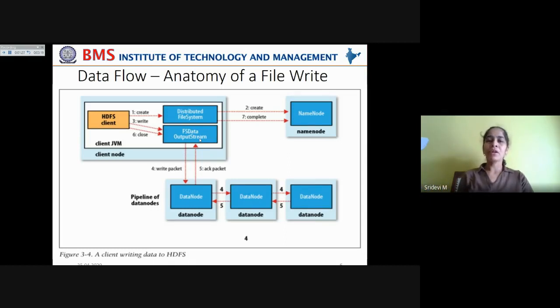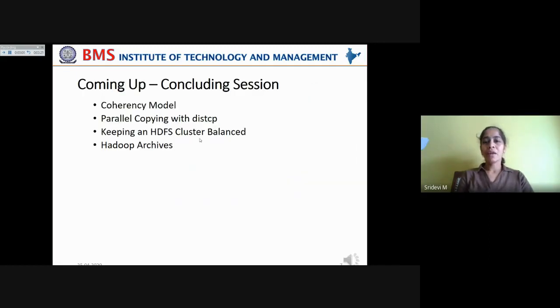All the relevant streams are closed now. This is how file read and write happens onto the HDFS cluster. We have seen today how we can write the data onto an HDFS cluster file and how to read the data from the HDFS cluster.